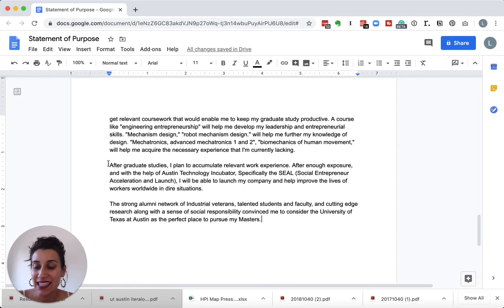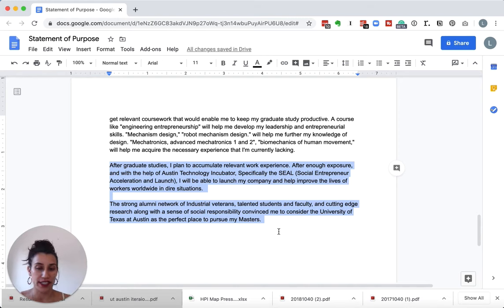What I would have liked to see is this conclusion really come back to the person's goals of wanting to serve those communities, like those vulnerable workers that they start out the statement with. So I would like to see them come back to say, all of these things that I'm going to be doing in this program will lead directly to me being able to pursue my goal and my dream of creating this kind of technology in India where vulnerable workers will no longer have to be in environments that are hazardous. So I'd want them to just completely tie that loop, come all the way back around.